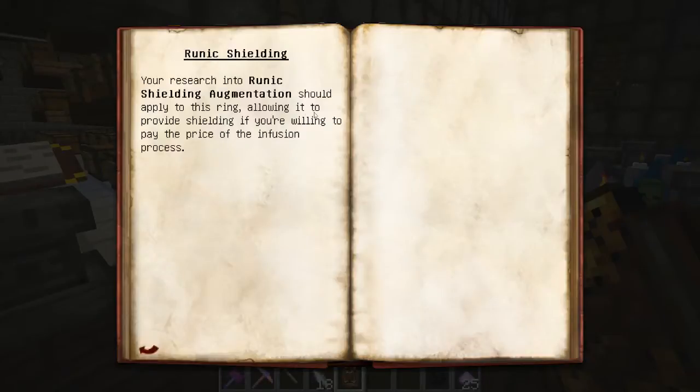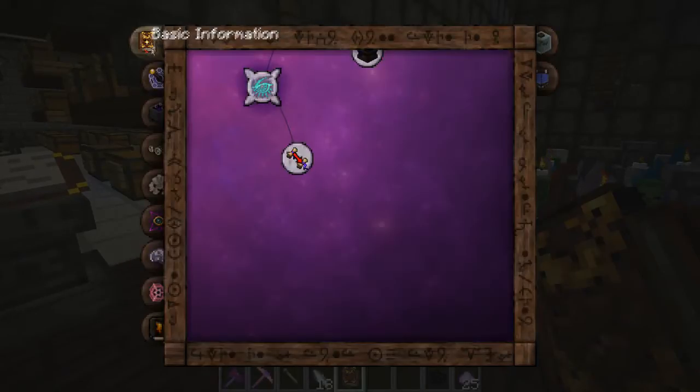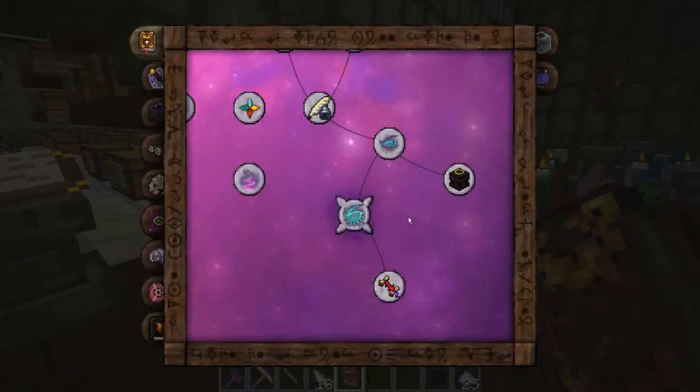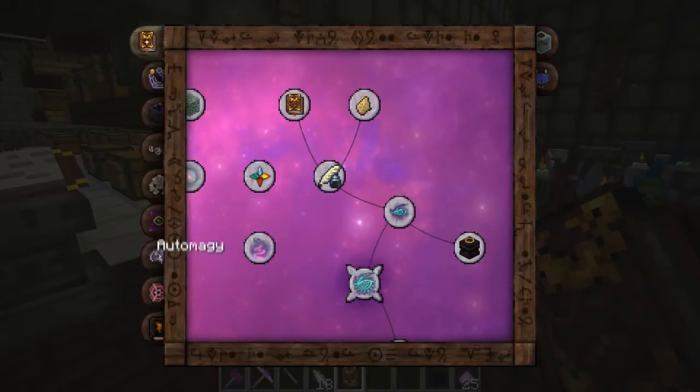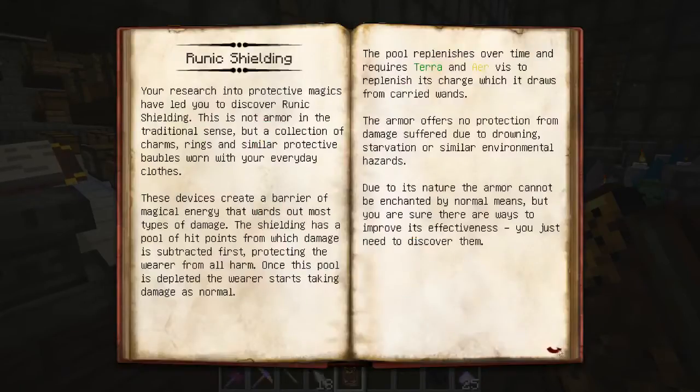Oh, I can put runic shielding on there too, huh? We'll think about that one. I might just put runic shielding on that ring. Well, it's not like I need it for the wither anyway, so let's start with just a...